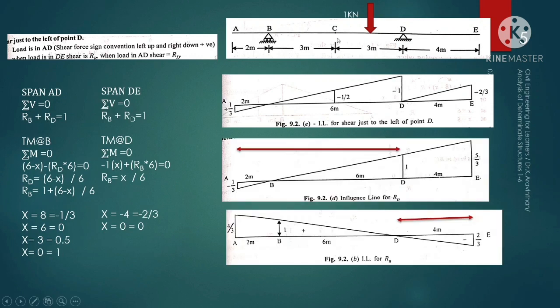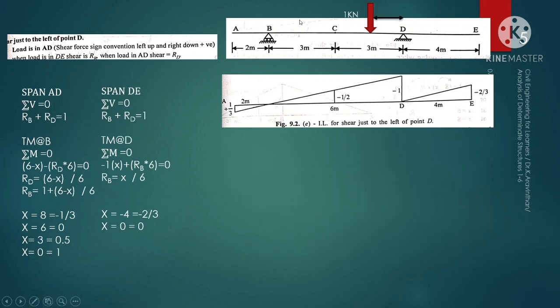Okay. If you consider A and D span, let us take the bending moment at B, total vertical force equal to 0. So these are the two upward force, RB and RD, and one downward force is there. So RB plus RD equal to 1. If you take moment at point B, RD into distance is 6, which will be anti-clockwise, and 1 into 6 minus x. So this total distance is 6 minus this x parameter. You will get the remaining distance. So 6 minus x into 1. Okay. By this equation, you can get RD equal to 6 minus x by 6.